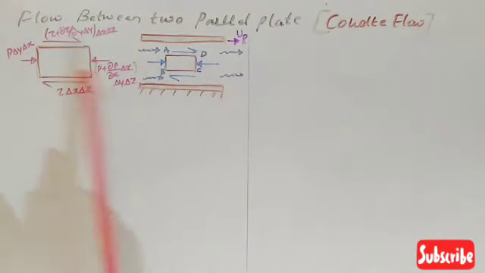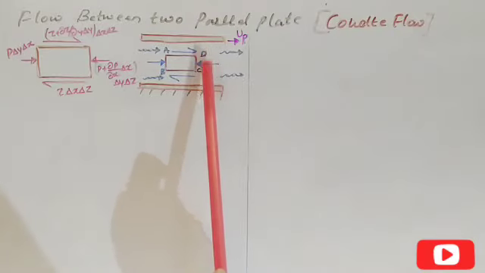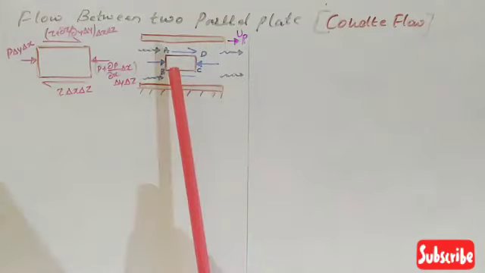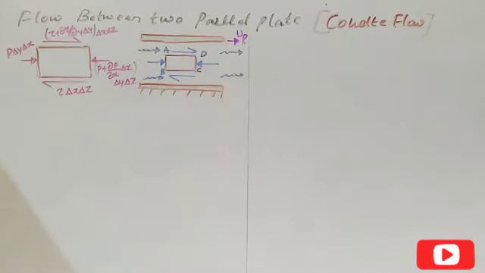And on face AB, the pressure intensity as well as on face DC, the pressure intensity will be acting. Whereas on the surfaces AD and BC, the shear stress will be acting. So this kind of flow is known as Couette flow. Okay, this kind of flow is known as Couette flow, and this was first studied by M.F.A. Couette. So he is a person who studied this kind of flow, and as a result, this kind of condition is known as Couette flow.